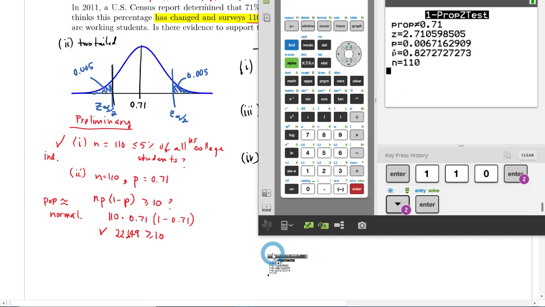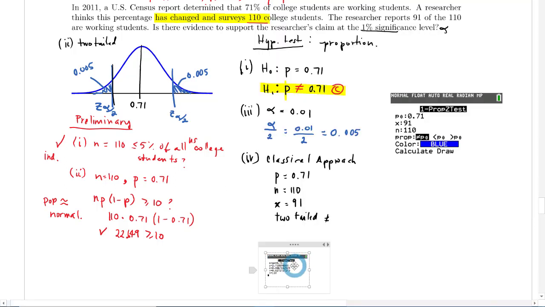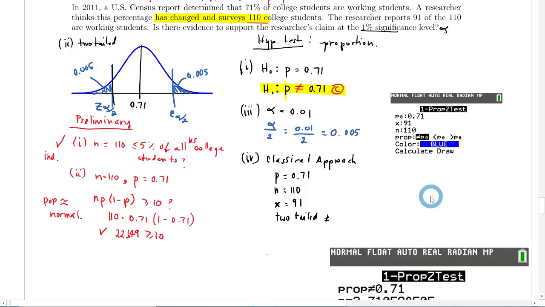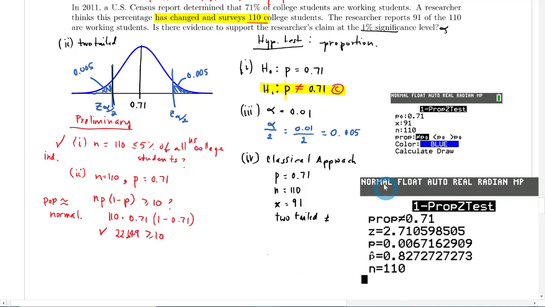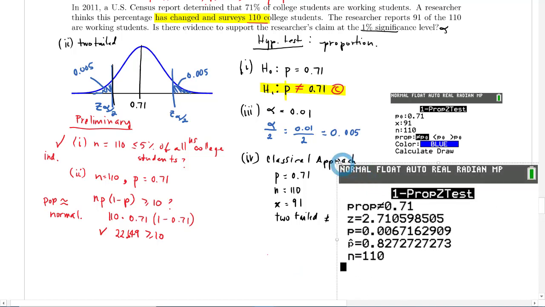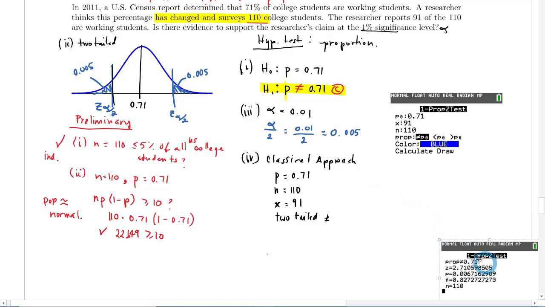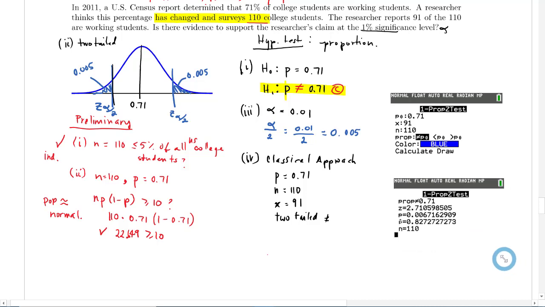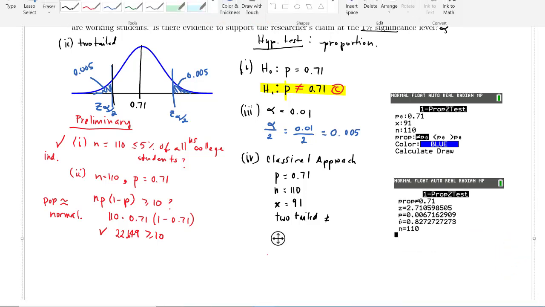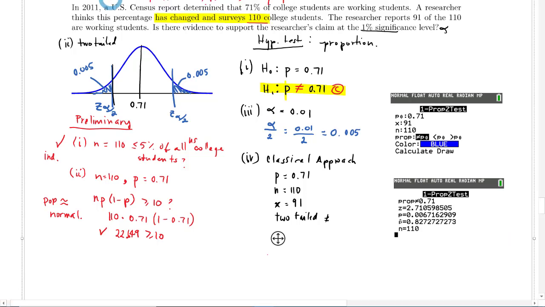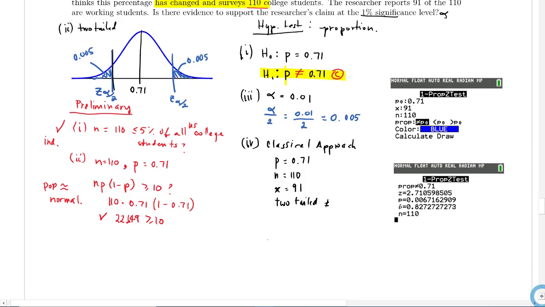And let me go ahead and make it smaller. Okay, so the classical approach says a couple of things, right? So here is our test statistic. So t is equal to 2.71. Okay, and we need to compare that with,